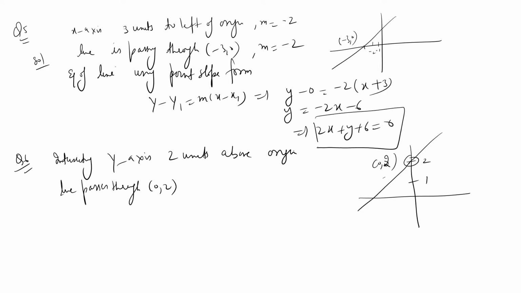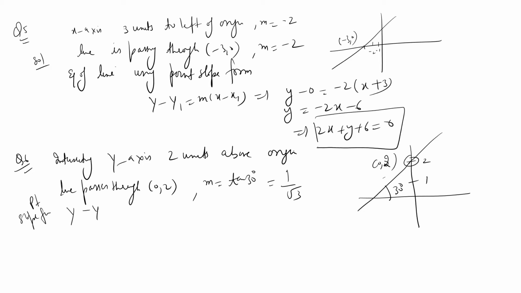And making an angle of 30 degrees with positive direction of x-axis. So this angle is 30 degrees. So we know tan of this angle, which the line makes with positive direction of x-axis, will give you your slope. So again using this point slope form,